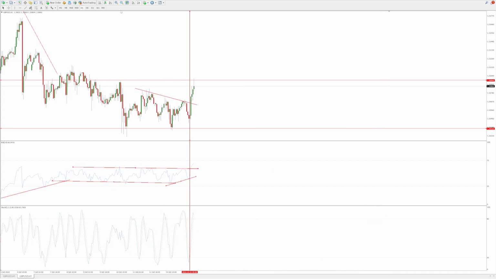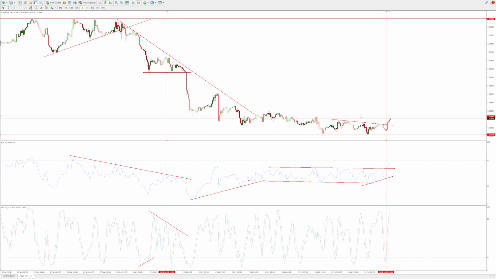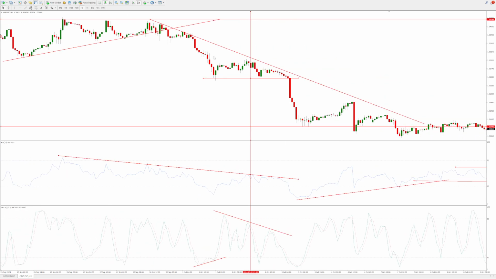I'm not too sure why you do that when you can zoom out and you can catch moves for over 300 pips. Each to their own, but I'd much prefer to just catch the big trend, because even if you're wrong, say you have a 10 pip stop loss and you're wrong 5 times, you're down 50 pips, but then you get a winning trade for 300 odd pips. I mean, 350 plus pips, you're going to be 300 pips up. So yeah,